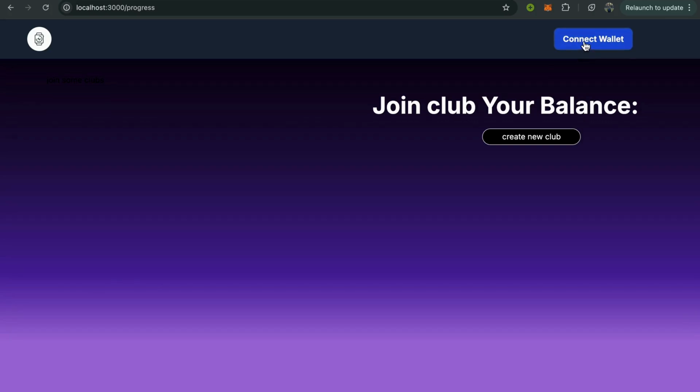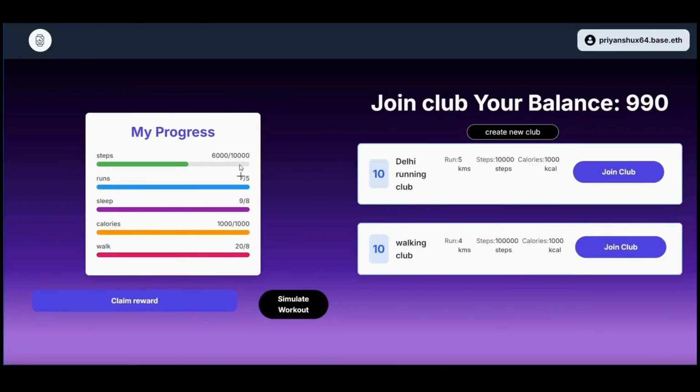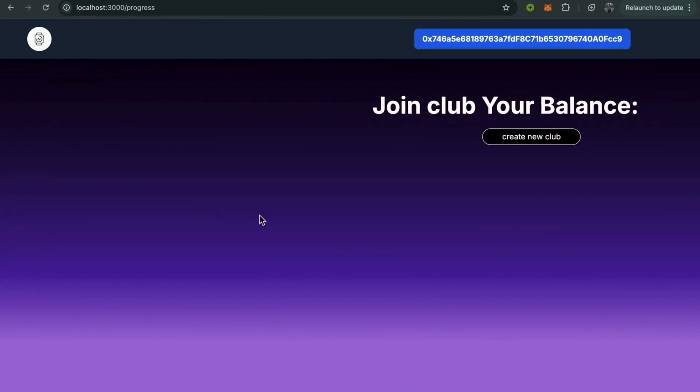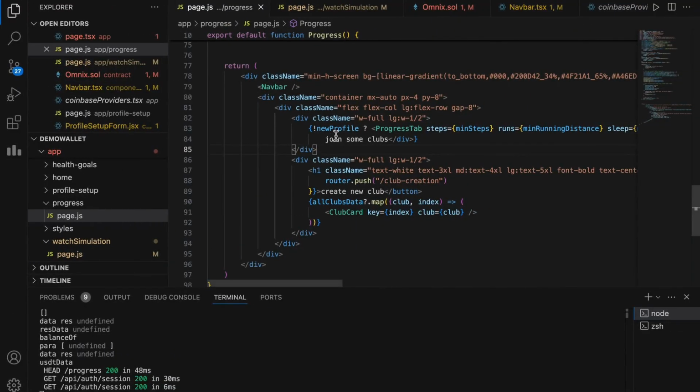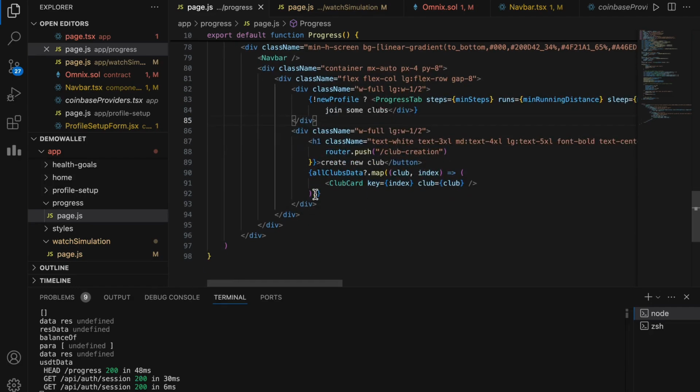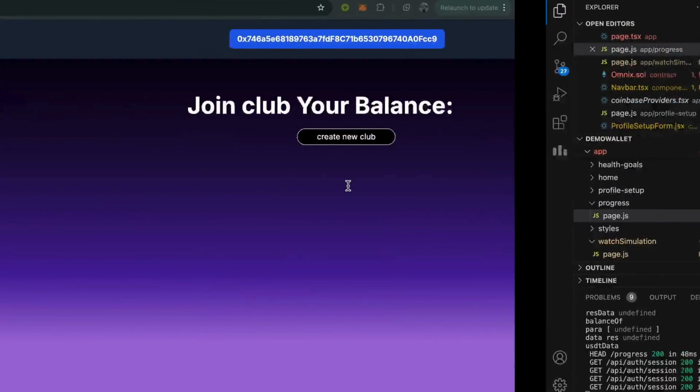Whenever we connect wallet, our address gets updated here. By default I have set it to the Base network address. And the thing I was talking about, the my progress tab, is actually not being rendered because in this progress page the new profile couldn't be toggled due to no profile being enabled. So the progress tab isn't shown, and this is where the mapping of all the club data